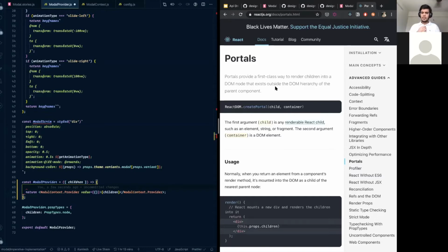For use cases like that, they have to be outside of the parent React DOM tree to which your app is mounted.